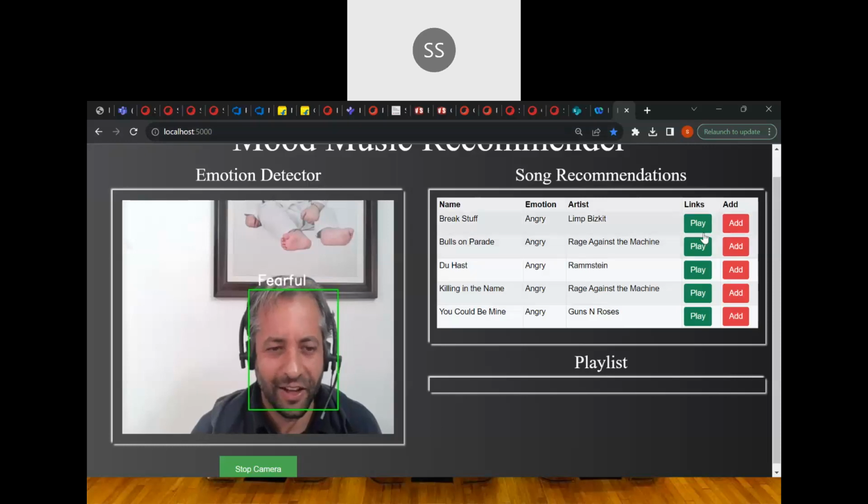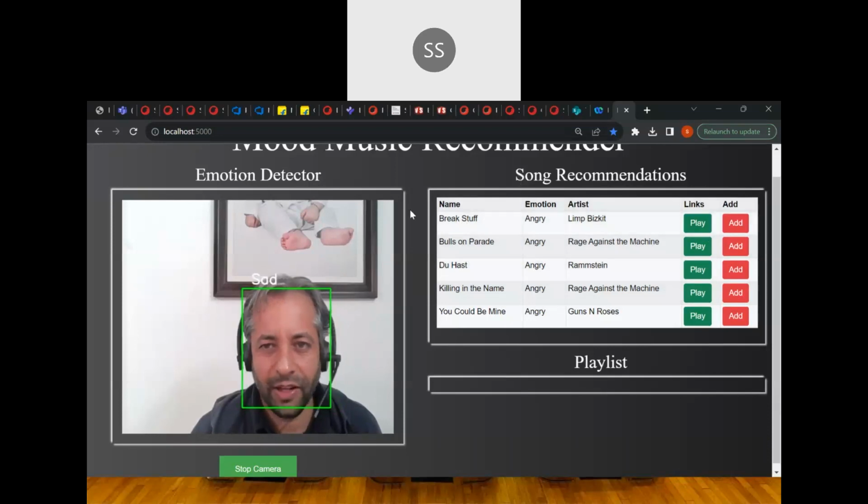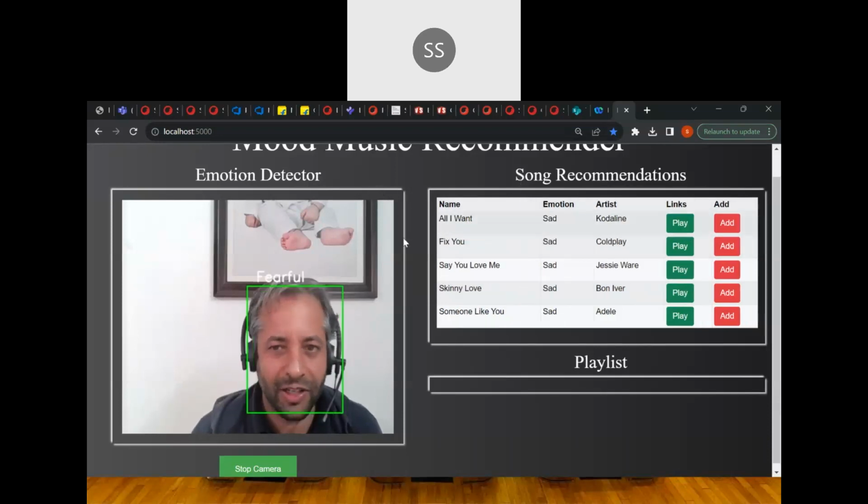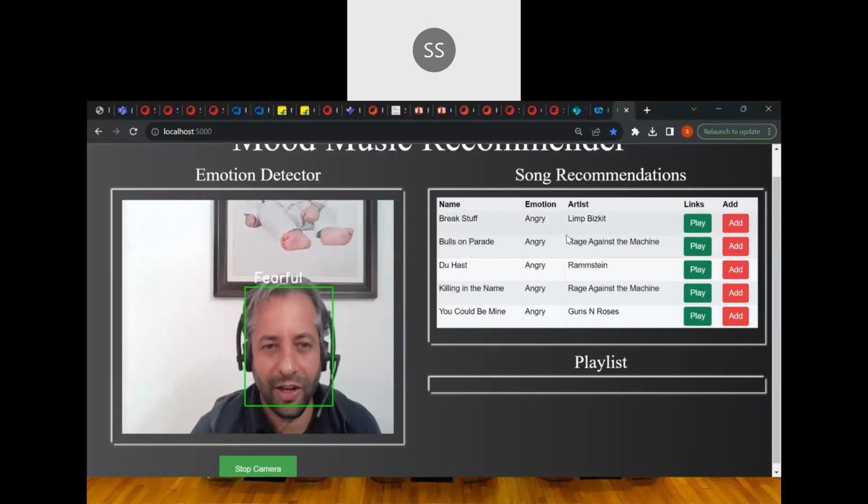Come on, change it. I have tried to change my emotions, and somewhere it says that I have angry emotions, and based on that, it's trying to give me some suggestions